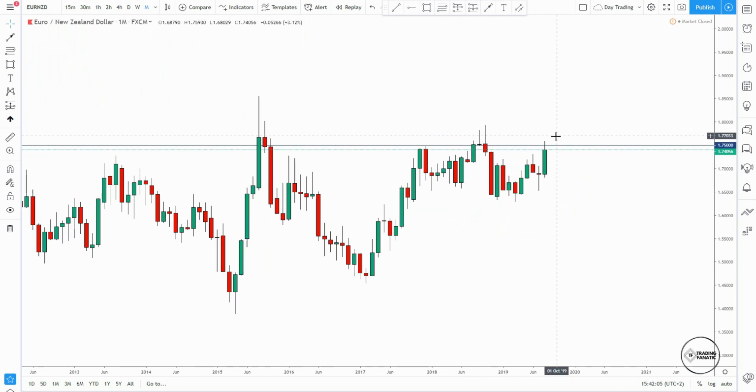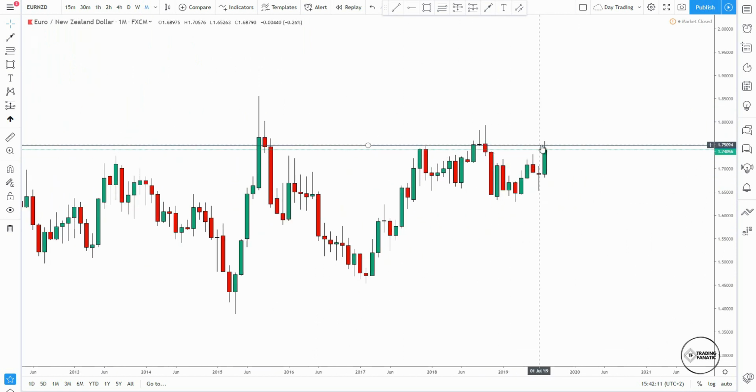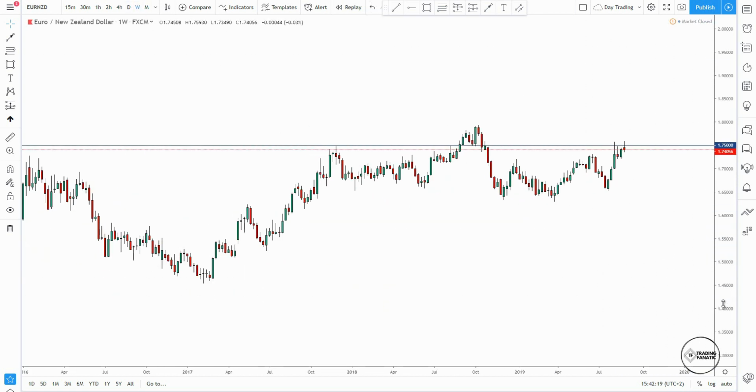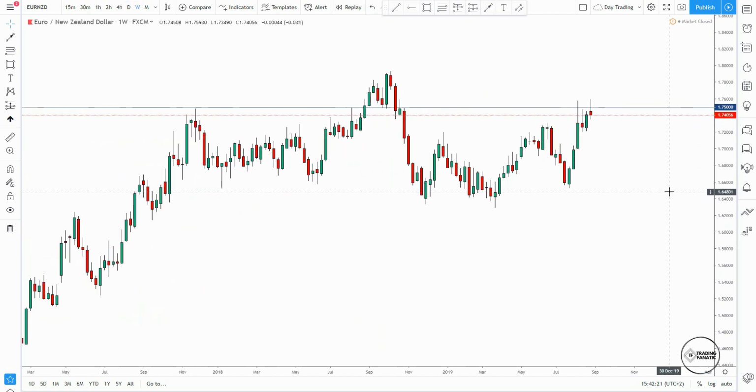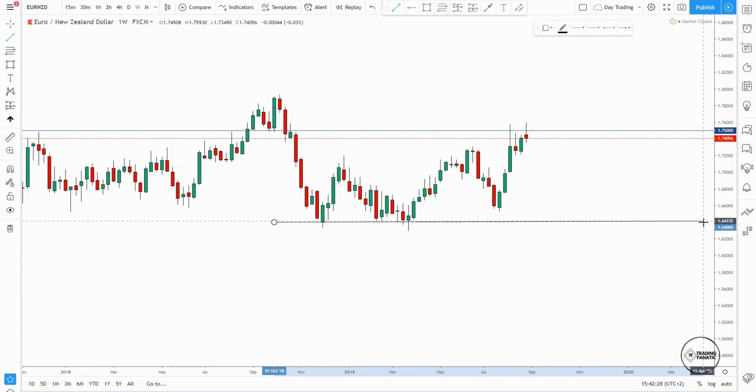Maybe we can have a little bit higher number in order to account for all of those wicks here, but I think right now we're tapping 1.75. So looking at the monthly time frame, it looks bullish, yes, but let's have a look at the weekly and the lower ones. So we had this kind of structure here, holding double bottom, a very slight